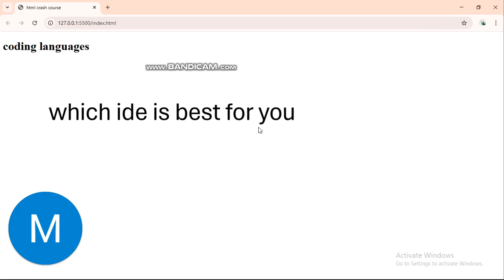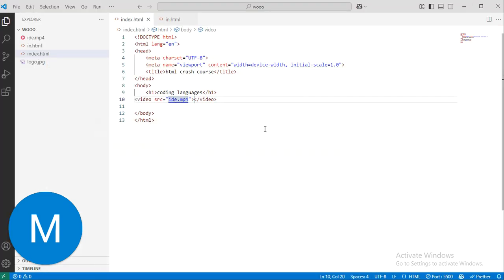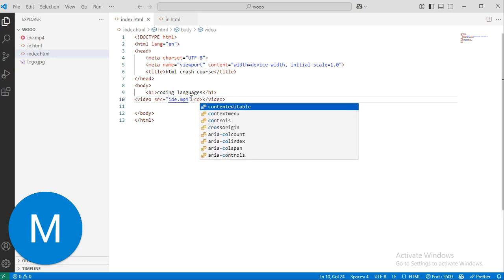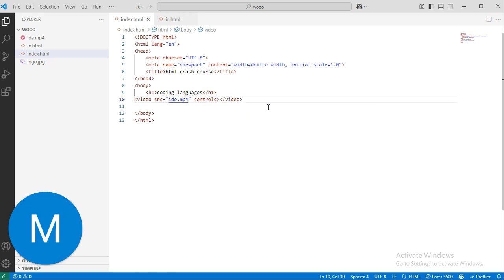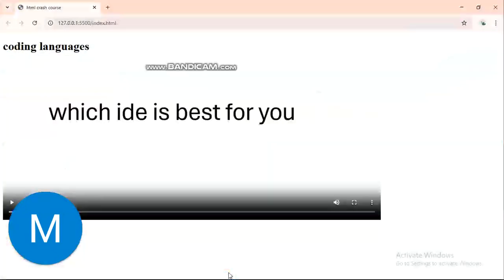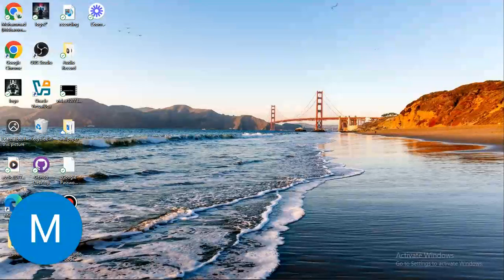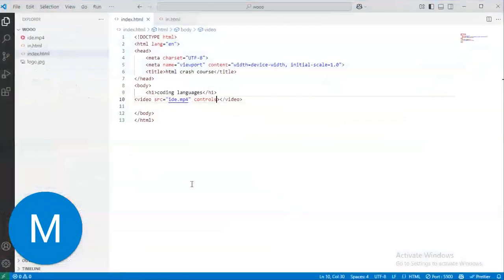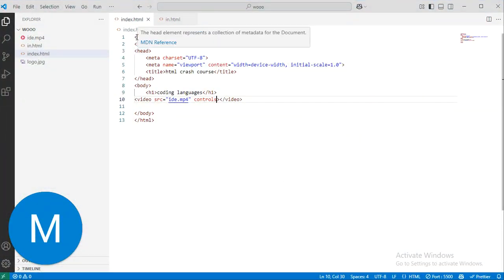So as you can watch, it's showing me video. It's just showing me video. I can't do anything on it. So to do anything on it, I should use the controls. Now the controls would be visible in it. See, so I don't need Chrome. I need Visual Studio. Okay. So now,